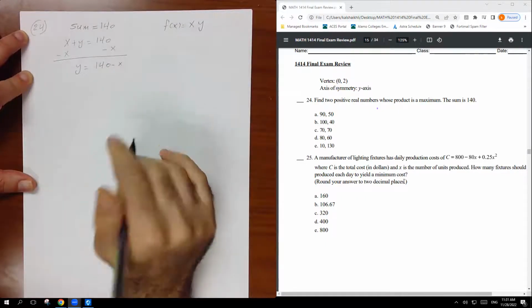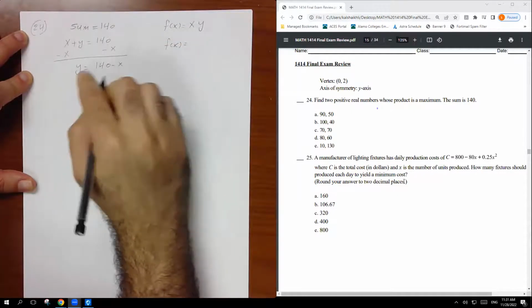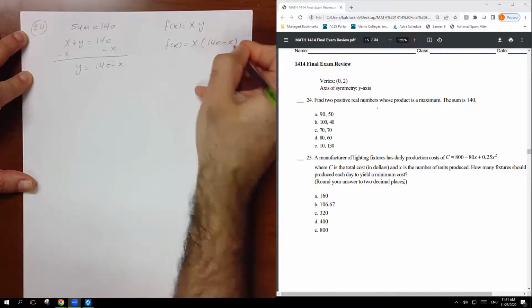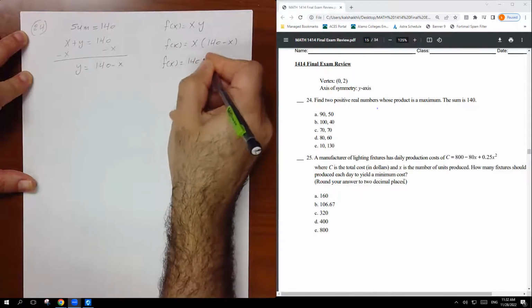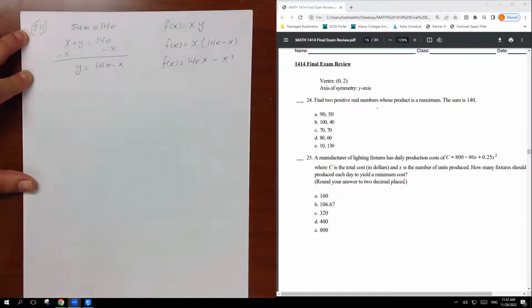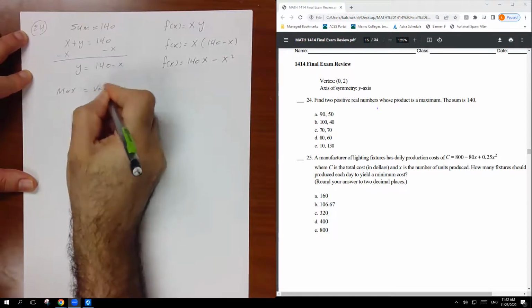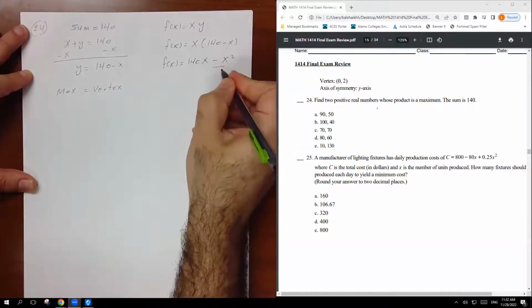The product is the sum. That means f of x equal y equal 140 minus x. So here is x and here is y, which is 140 minus x. That means f of x is going to be equal 140x minus x squared. So in this case, we're just going to find the vertex. The maximum is mean the vertex. Max equal the vertex. So if we need to find the vertex, this is the A, be careful, and here